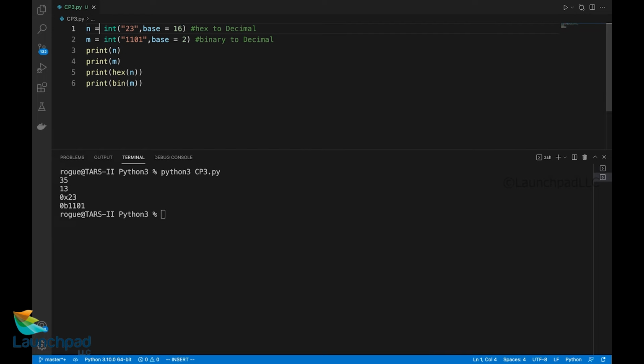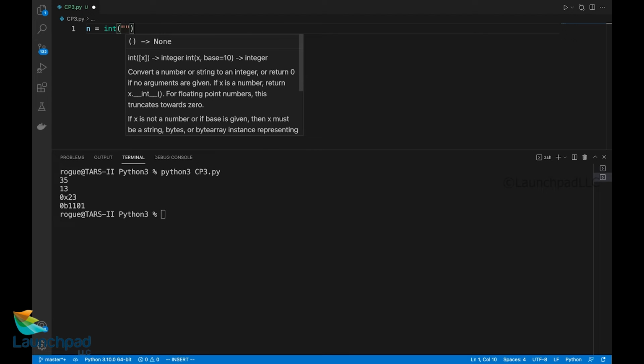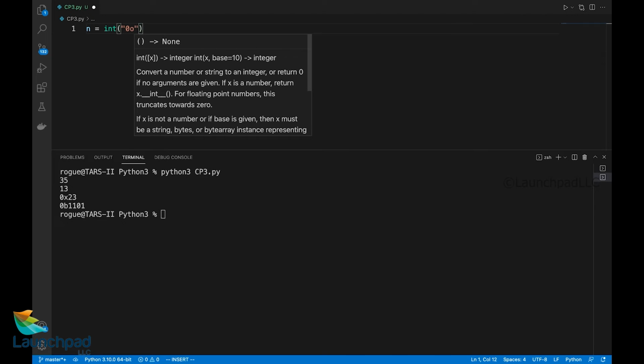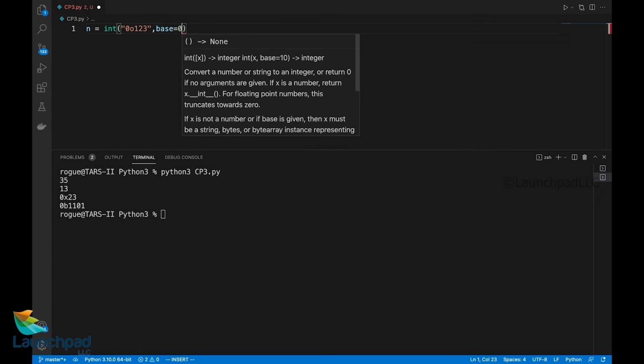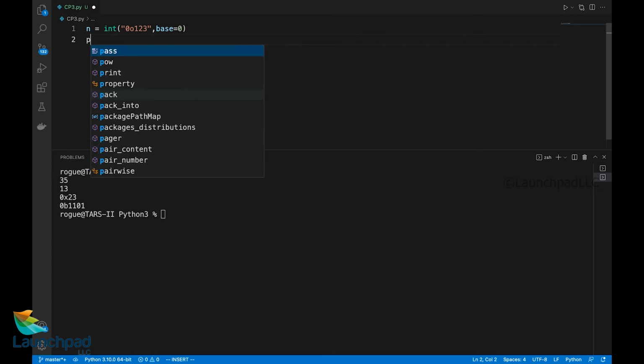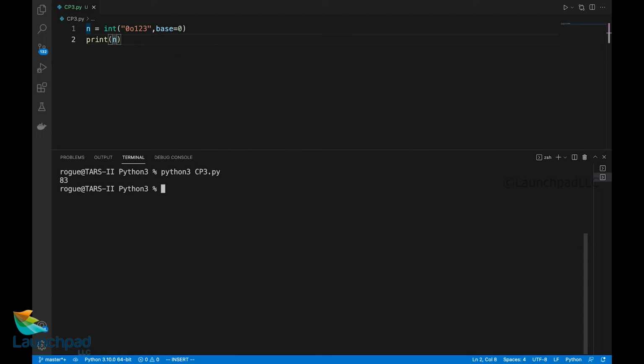In such cases, there is yet another statement we can use, which is n is equal to int of 0o123, comma, base will be set to 0. I'll print the value of n. I'll clear the screen. It prints 83. Now in place of o, I'll replace x. It says 291. In place of x, I'll say b, so I'll use zeros and ones alone.